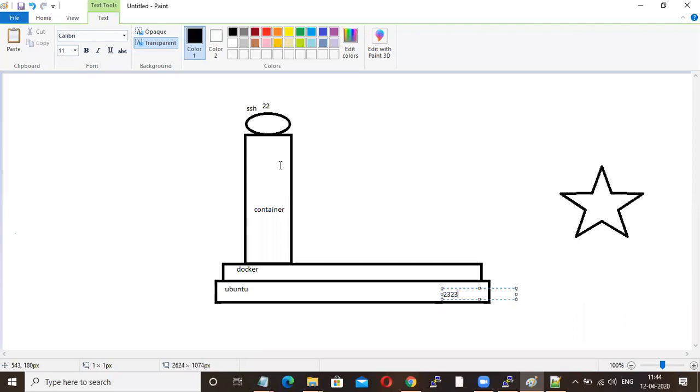So I'm going to open one port, 2323, on my Ubuntu machine, which will be automatically redirected to this container. So my developer will come to this Ubuntu machine with port 2323, and that will be redirected to this container. Understood? Let's see.